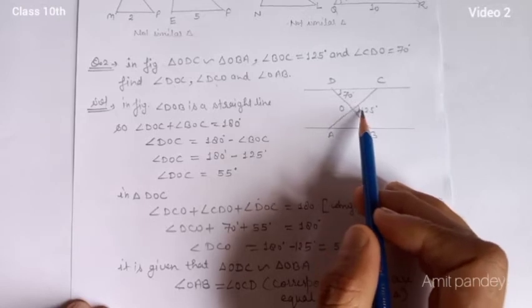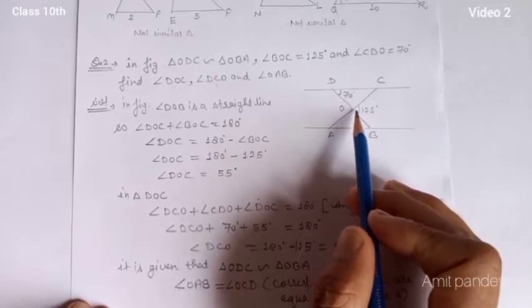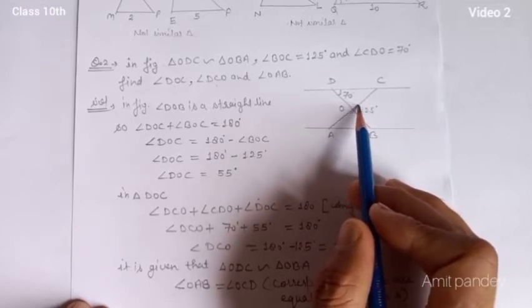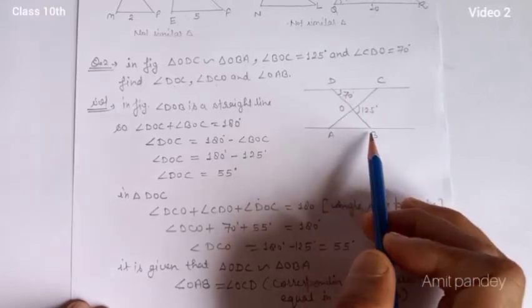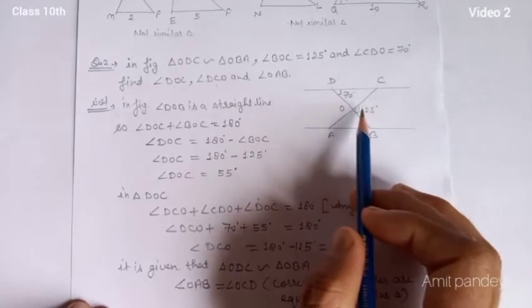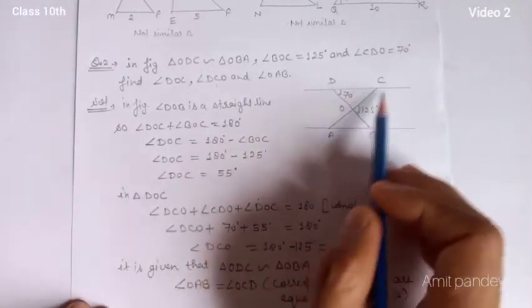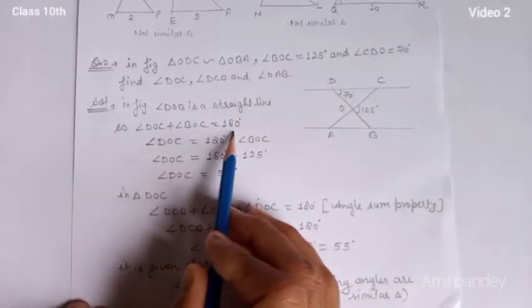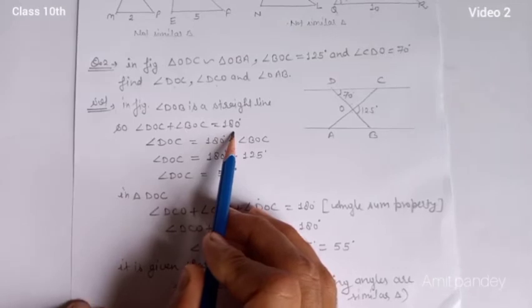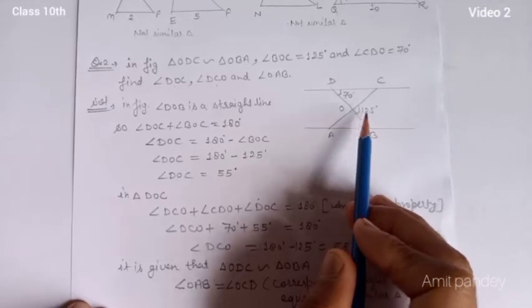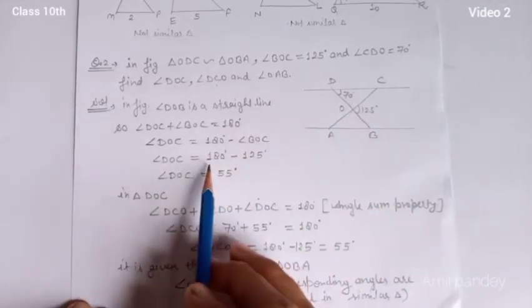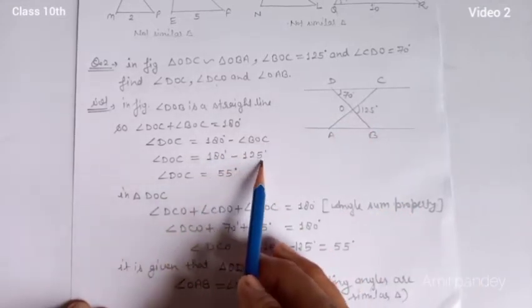The sum of the both angles is equal to 180, and we can say that if it is a straight line, so we can write it like this. So DOB is 180. Okay students, now we'll split it as DOC and BOC. DOC plus BOC is equal to 180. Okay, and DOC is equal to 180 minus BOC, then 180 minus 125.